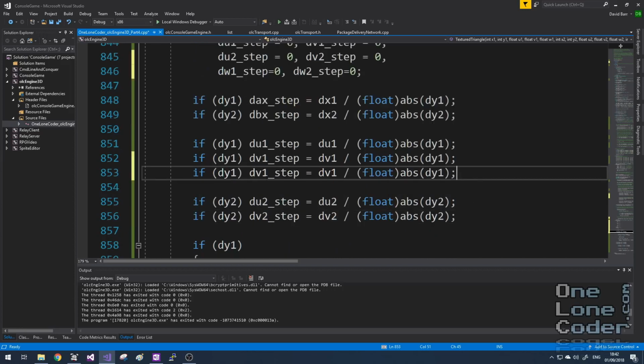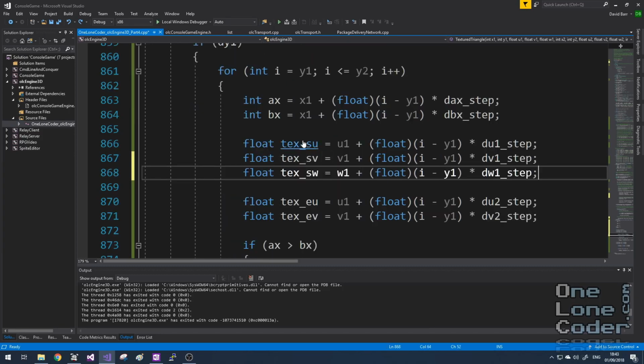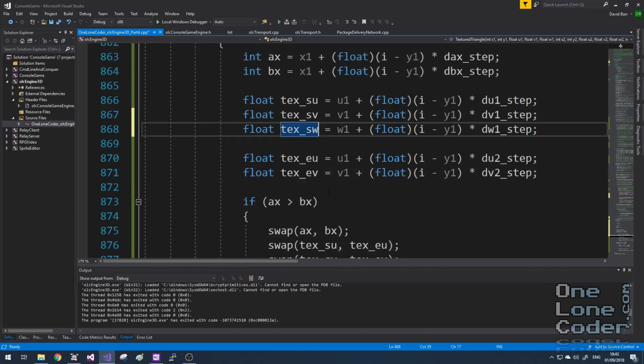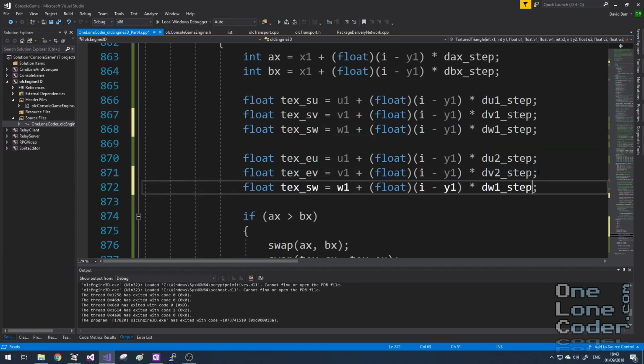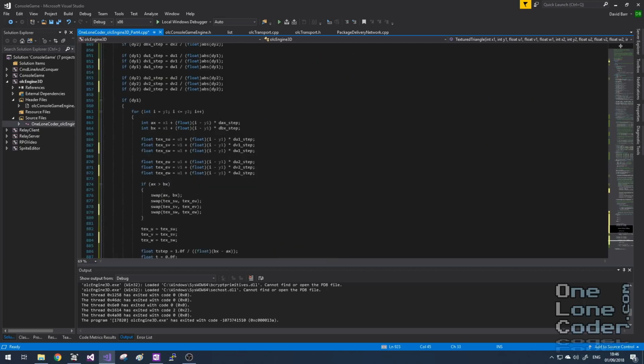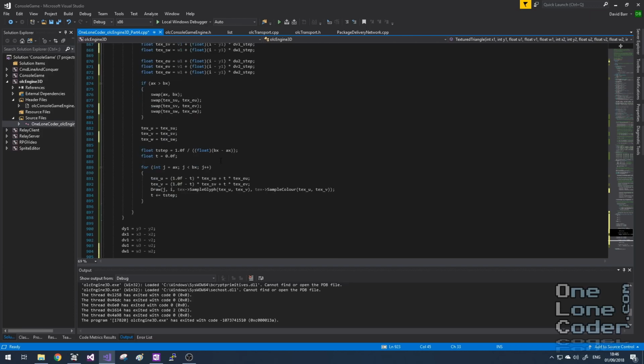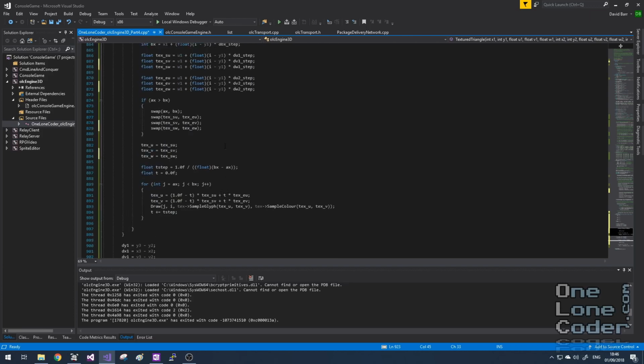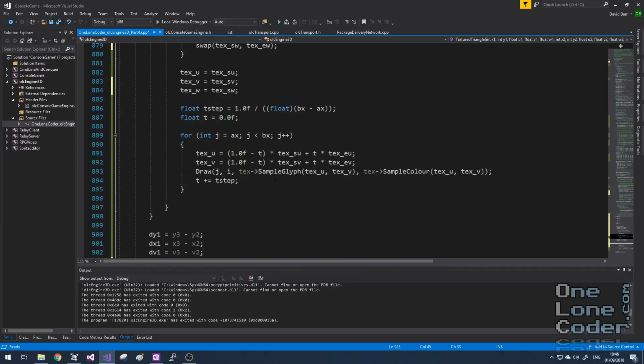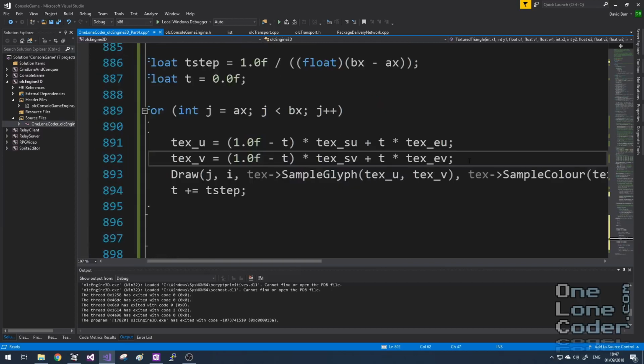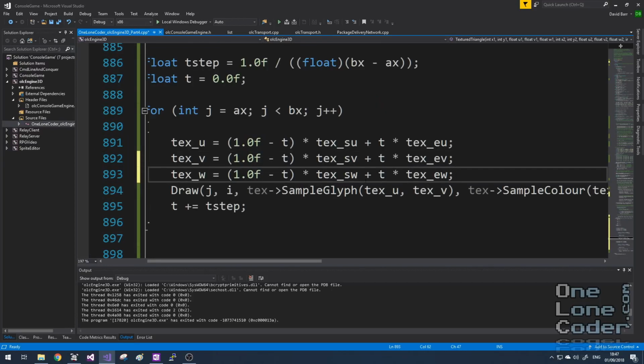And so this really is a case now of updating every instance where we had U and V with a corresponding W component too. When we create our start U and V, we'll also need to create a start W. And therefore we'll also need to create an end W too. So I've gone and implemented interpolation for the W component now throughout the whole drawing routine. But where do we do the magic perspective correction? Well, there's only one place we can do it, and that's when we're sampling the texture. We will interpolate our W value,